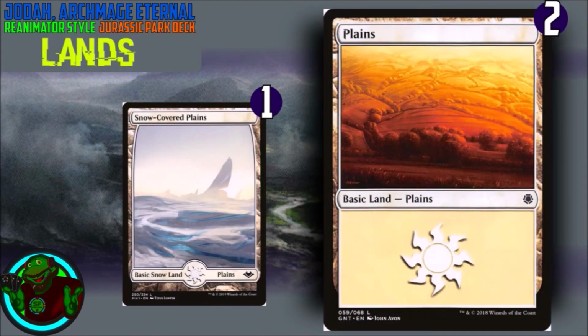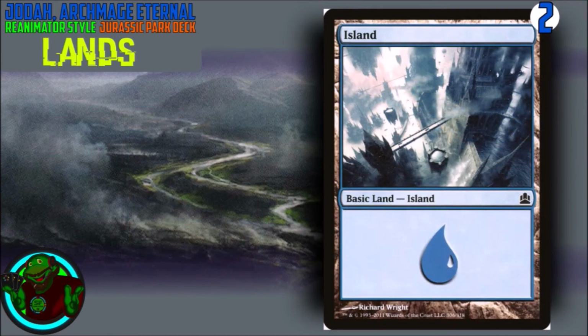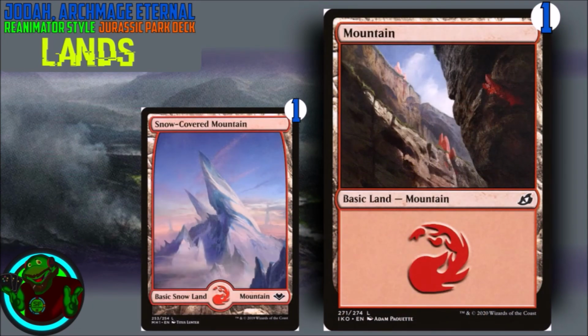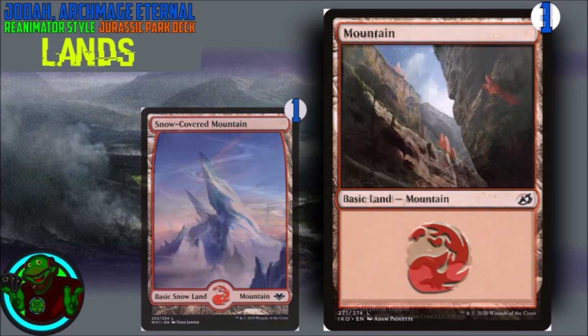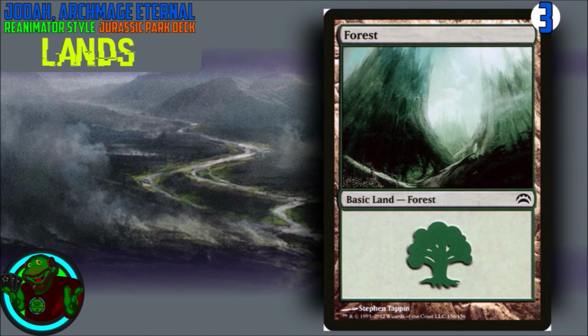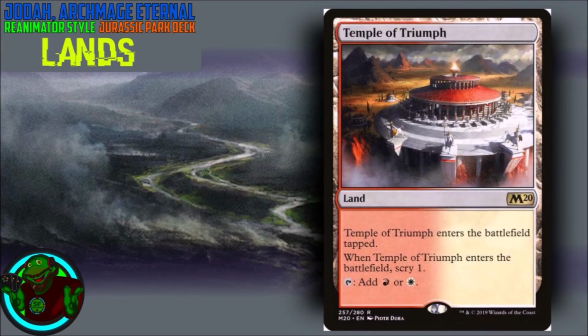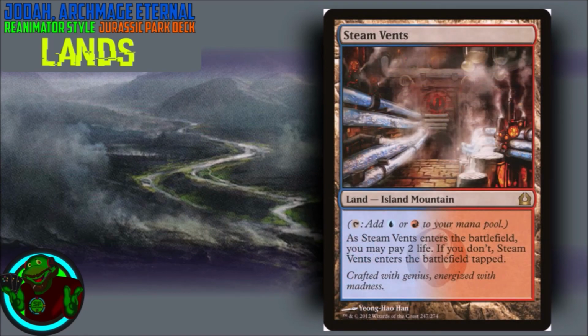Starting with 2 plains and 1 snow-covered plains. Then we have 2 islands and 3 swamps, including 1 mountain and 1 snow-covered mountain, and 3 forests for our basic lands. We start the non-basic lands with Lion War Wastes. Into Temple of Triumph, we have Steam Vents,